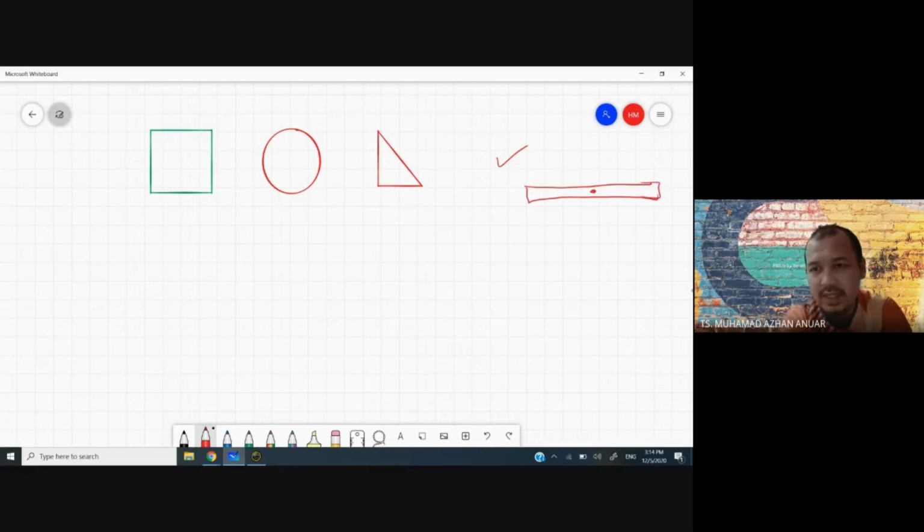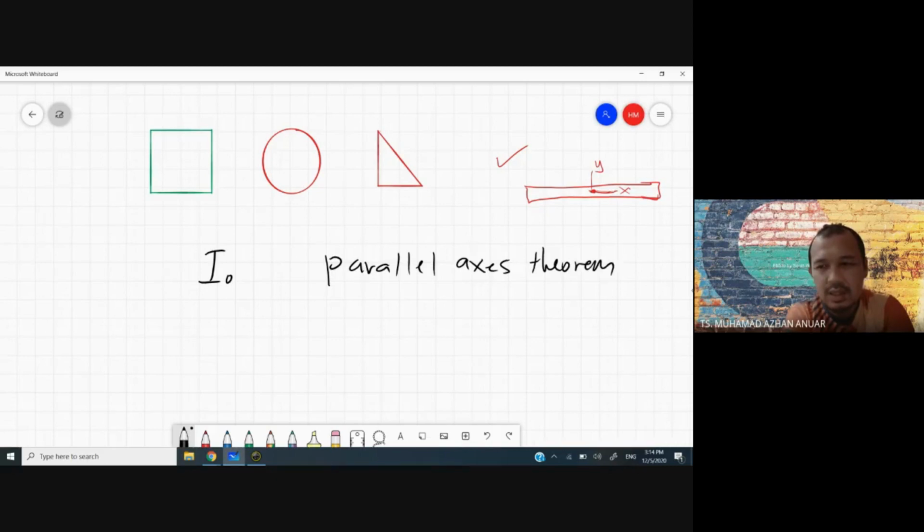Let's say you have this axis, this is x, this is y. If you still remember, we normally take the mass moment of inertia about point O, because point O is the fixed point of the system, or the instantaneous center of rotation of the system. So sometimes you need to use the parallel axis theorem in order to determine the mass moment of inertia.